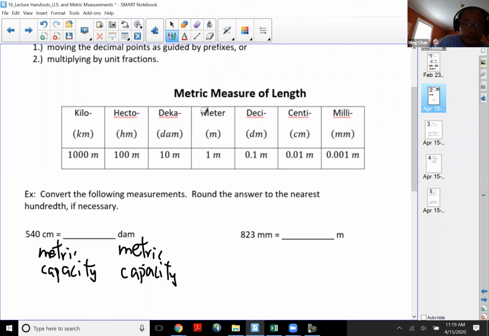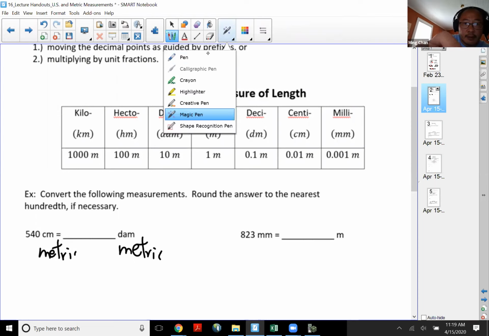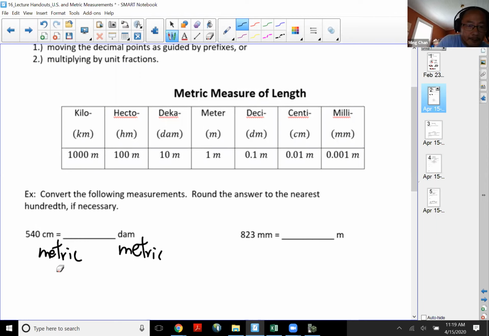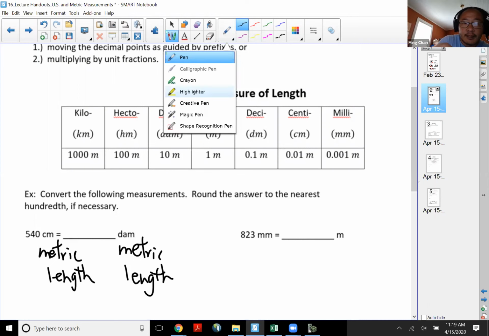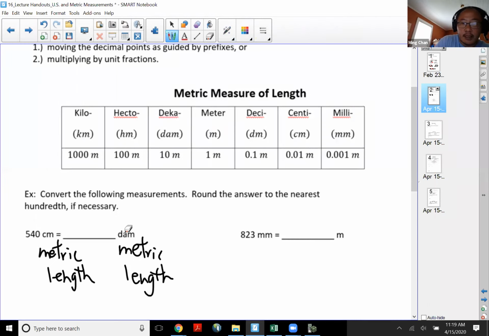So if I'm going to start at centimeters, C stands for centi, M stands for, oh Lord, I am not doing capacity. I am actually doing length. Duh, Mr. Chan. Metric length. Meter means length. All right, metric to metric, meter to meter,